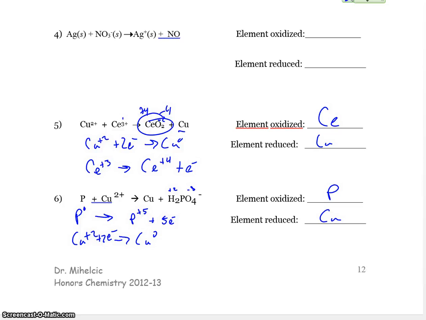I find that phosphorus went from the element of phosphorus to a phosphorus with an oxidation number of 5, so it's increased our oxidation number, so that makes phosphorus the oxidized one. We went from copper ions to copper metal by decreasing our oxidation number. So that's our reduced